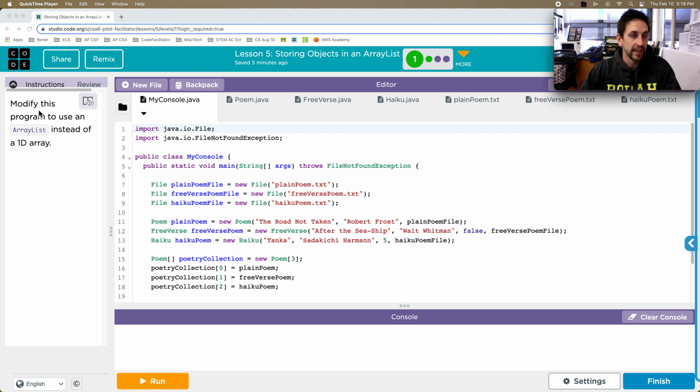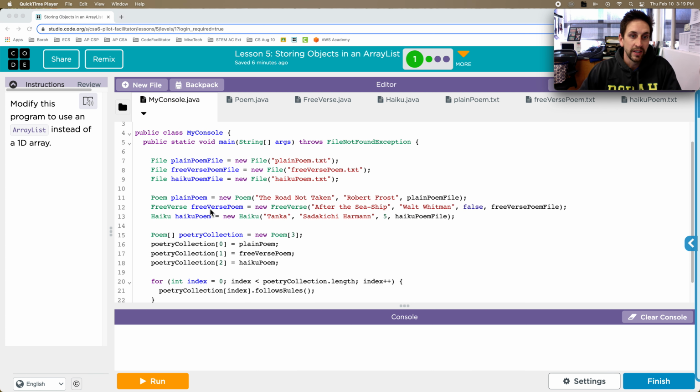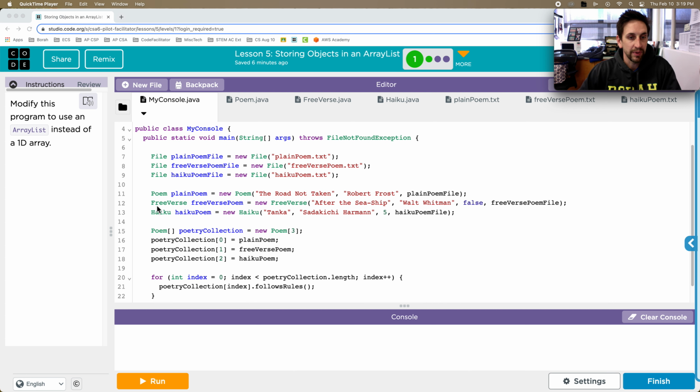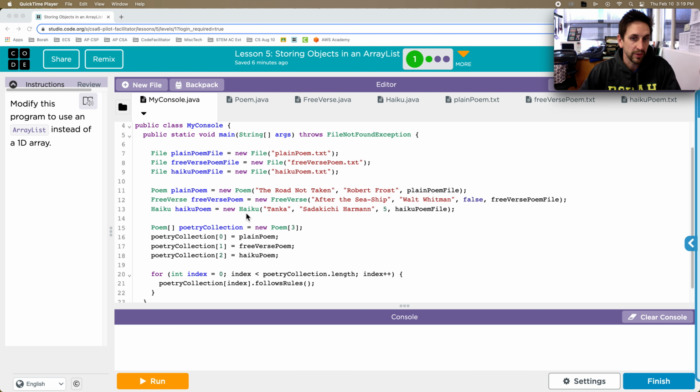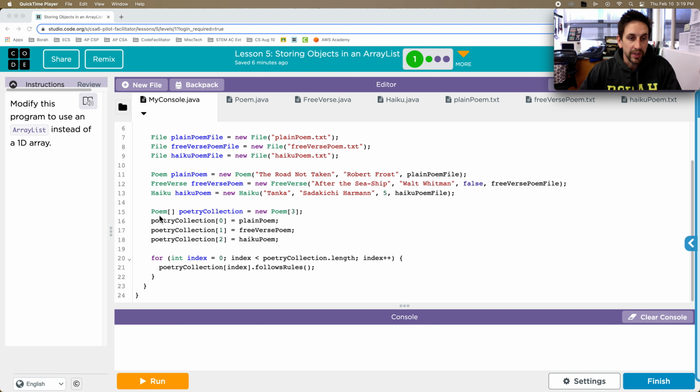Unit 6, Lesson 5, Storing Objects in an Array List. It asks us to modify this program using an array list instead of a one-dimensional array. So we're looking at a couple of files: plain poem, free verse poem, and haiku poem. Then we come across this one-dimensional array of poems, and its poetry collection equals new poem. So instead of deleting that line of code, I'm just going to comment it out,